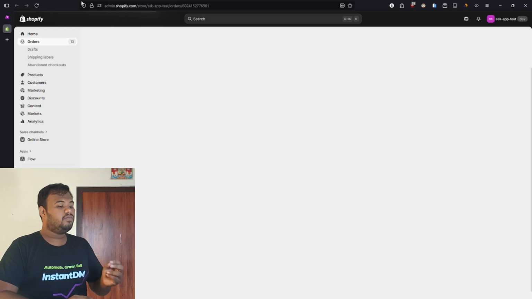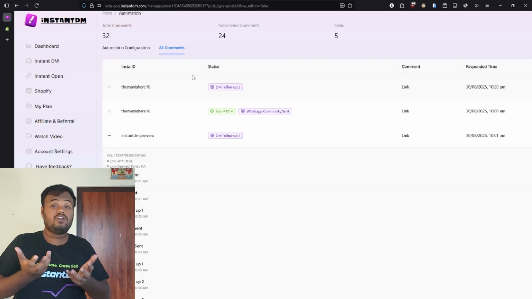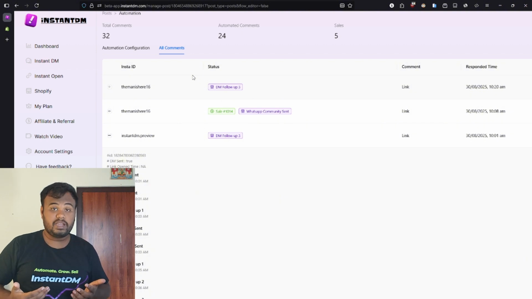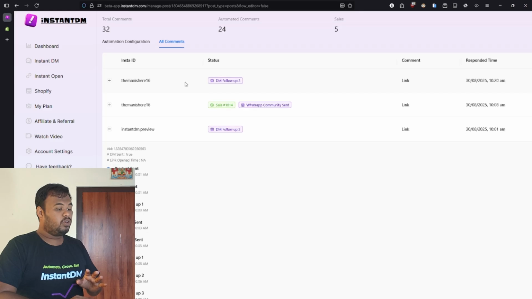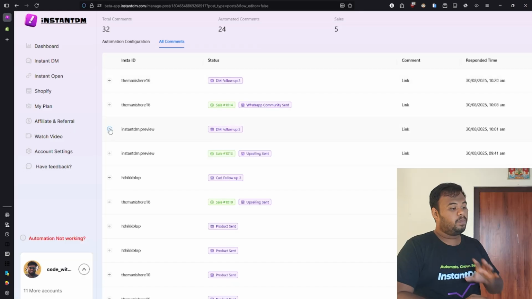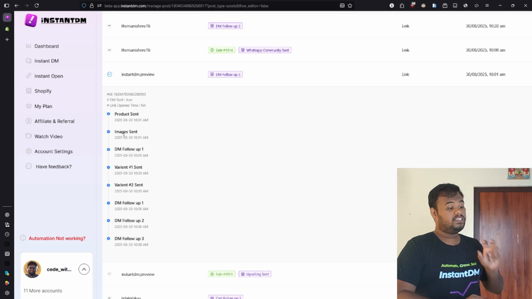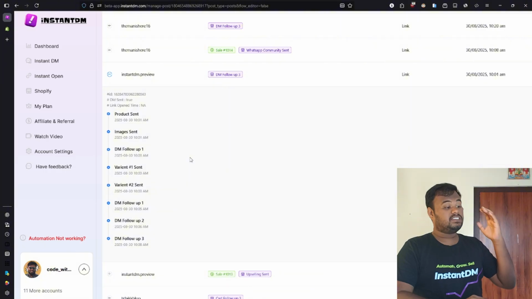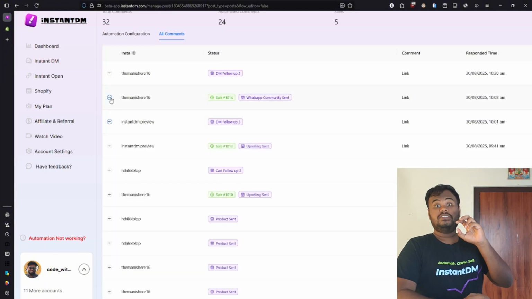And there is something for you to track. What's happening with every user? You cannot go and manage each person DM by DM, right? So what you can do is there's a small plus icon here. When you click on that, it will show you what happened and when it happened. So the product was sent at 10 a.m., the image was also sent immediately, and the follow up was sent within 2 minutes. So that's the way. What happened from when a customer commented till they purchased,